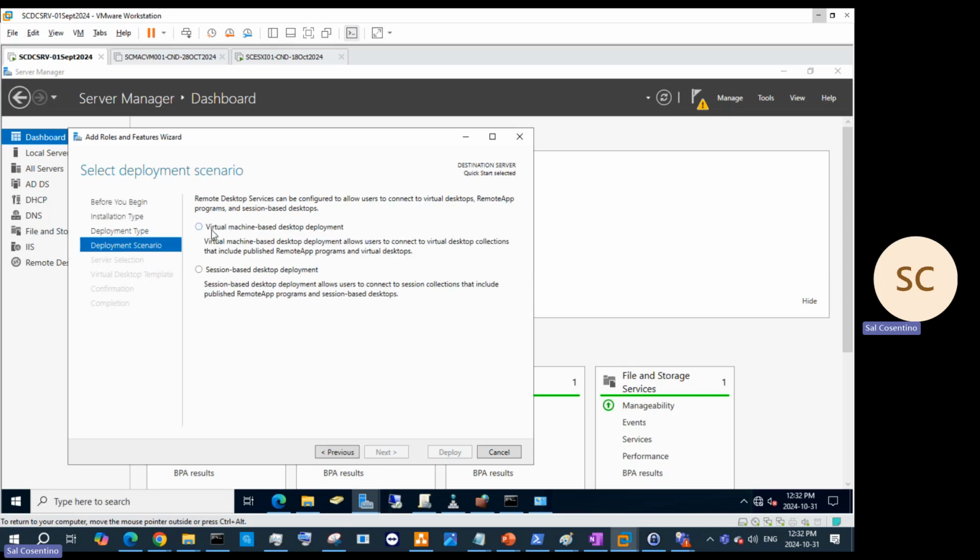And this is going to be a session-based versus a machine-based desktop deployment. So virtual machine-based desktop deployment allows the user to connect to virtual desktop collections, right? That are included in the remote app program. So we would choose that. Or we can use a session-based desktop deployment, which allows users to connect to session collections that include published remote app programs and session-based desktop. So I'm going to select this and click next,